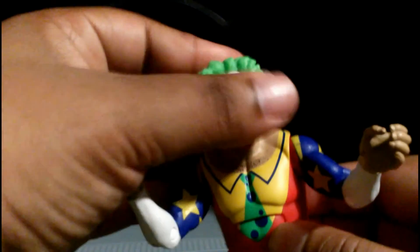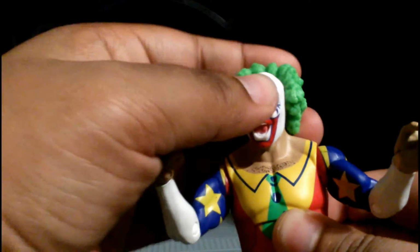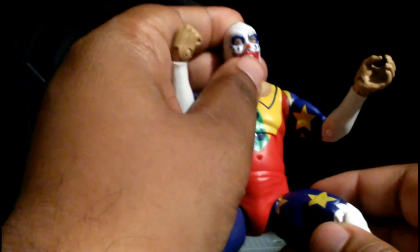Anyway, so the head does go left, right, up. No, it doesn't really go up. I can't believe I'm actually impressed by the head. And it's getting annoying now. I think I was putting it on the wrong. I don't know. Whatever. He looks like John Wayne Gacy. Yeah, John Wayne Gacy. Anyway,